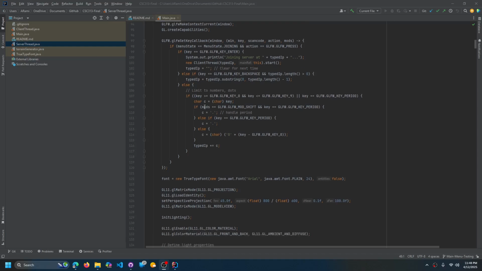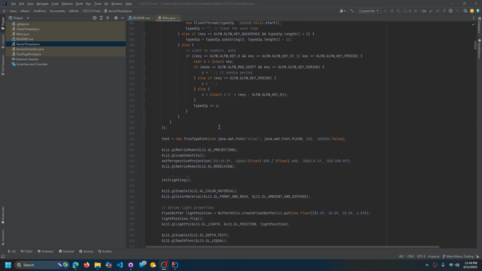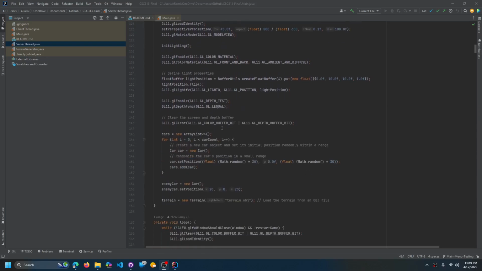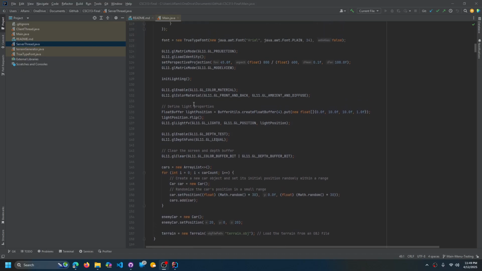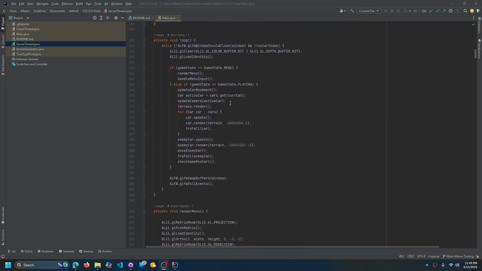Many of us have tried to work on this to try to get it to work. We've encountered various issues throughout the development of the project, but unfortunately we haven't reached a point where it has been fully functioning. However, we have all of these initial variables that determine the lighting, the depth, the graphics, how